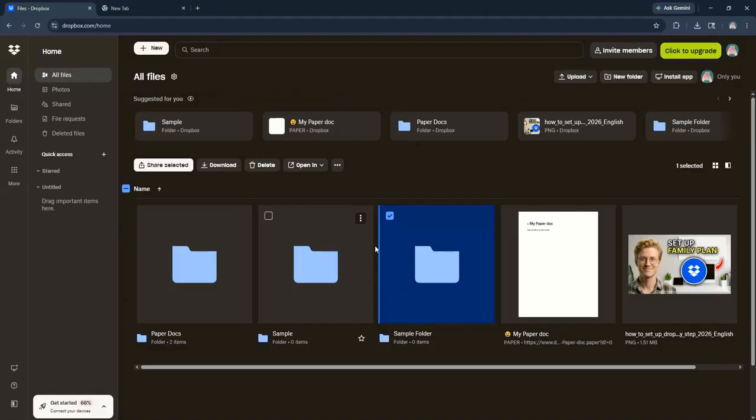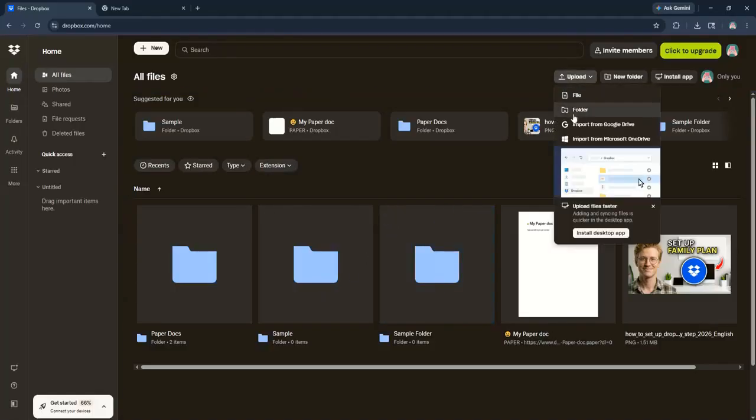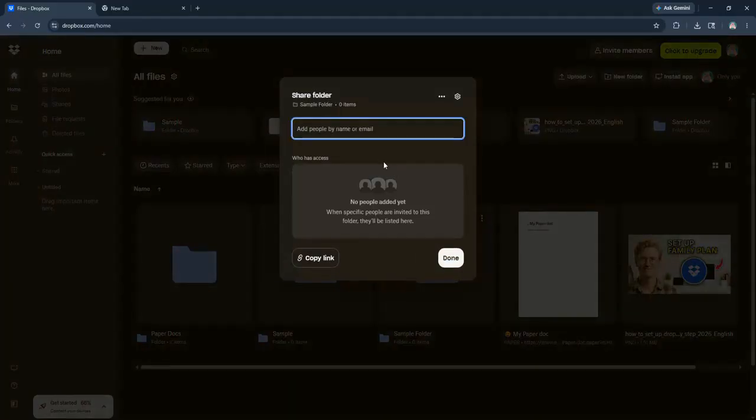To move files into this folder, simply drag and drop them from your file list into the folder. Or you can click on the Upload button at the top right, if you need to upload new files directly into this folder. If you want to share the folder with someone, hover over the folder name and you'll see